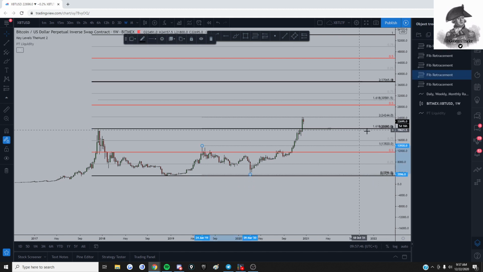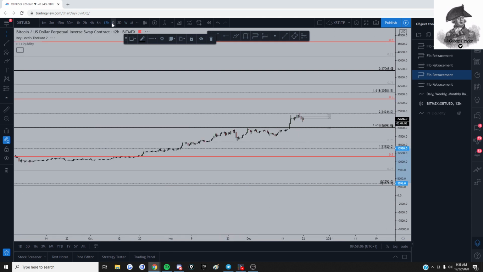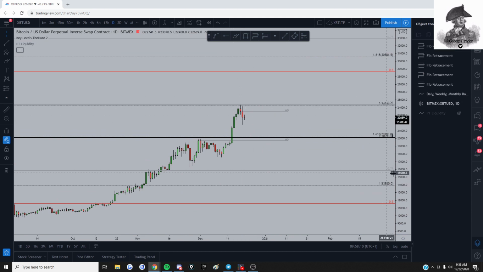As you can see, the 1.618 level lines up beautifully right here with this range high level, and the 2 Fib level lines up almost perfectly with this range level. So nice confluence, and no coincidence, this was the exact top